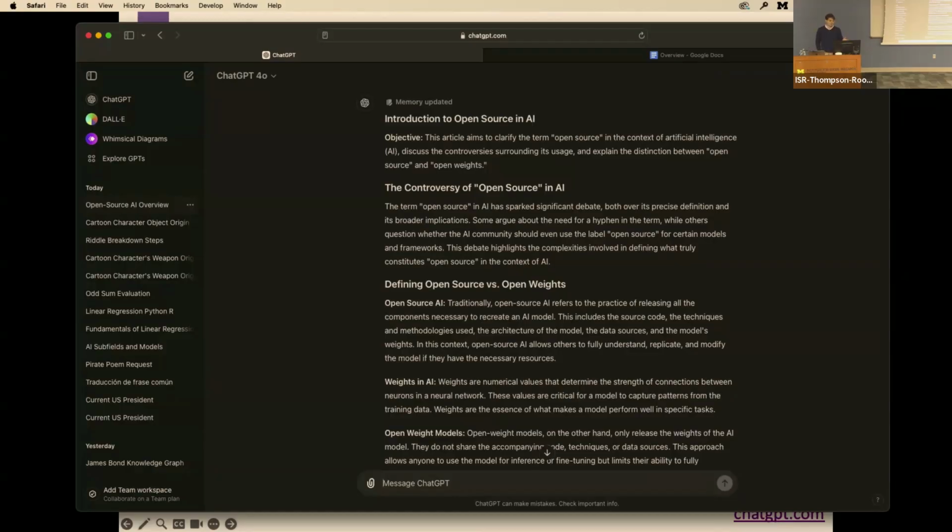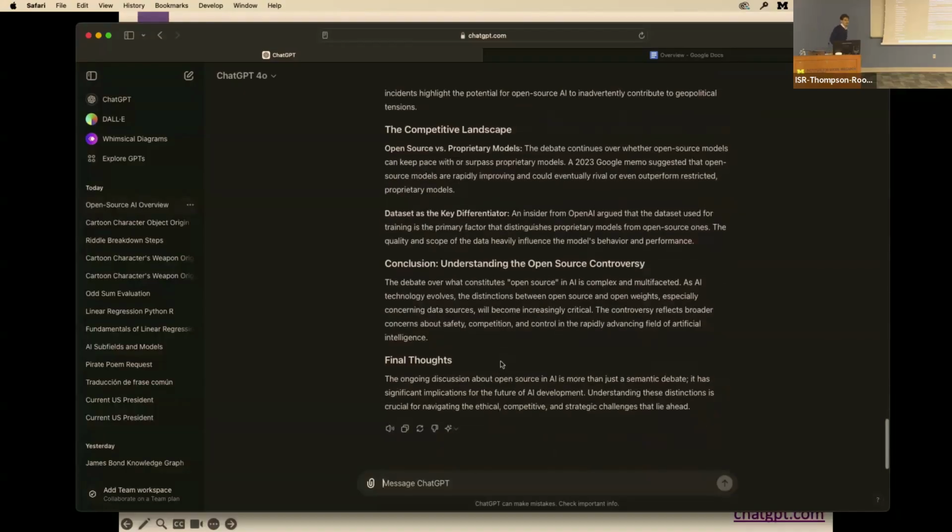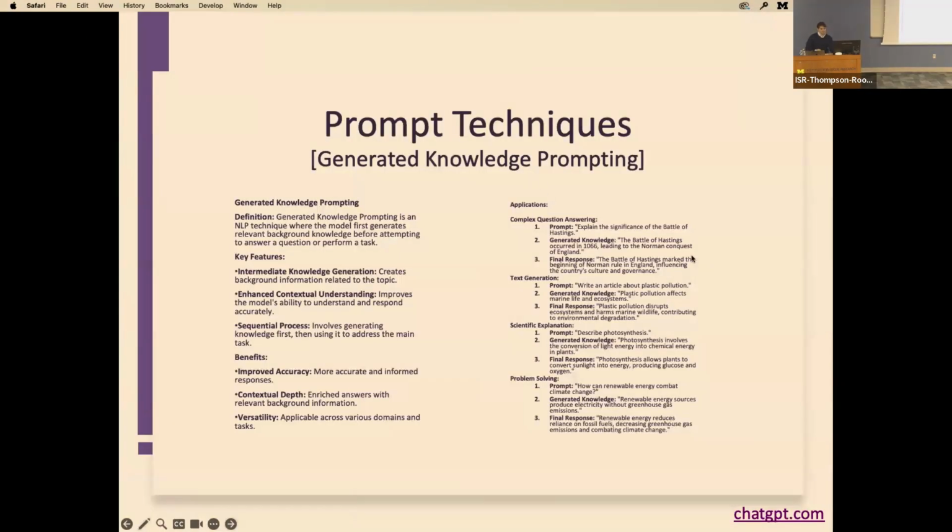Things often change. So if you're asking ChatGPT, hey, provide me with code to generate something or to process something, and you go grab your code, you paste it, and it gives you an error. Why? Because it's out of date. Then you go to the actual documentation, copy and paste either the link or the documentation itself, and you say, using this new piece of knowledge, give me the source code that will work. And then you're able to overcome those past issues. So that was generated knowledge prompting.